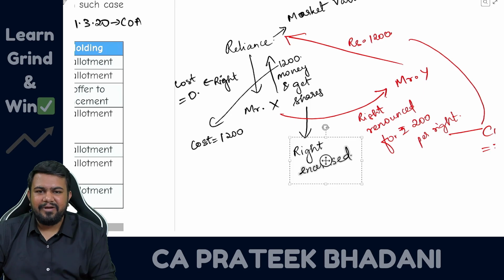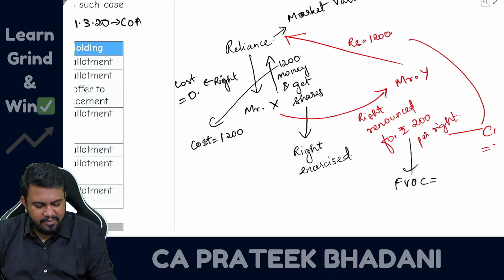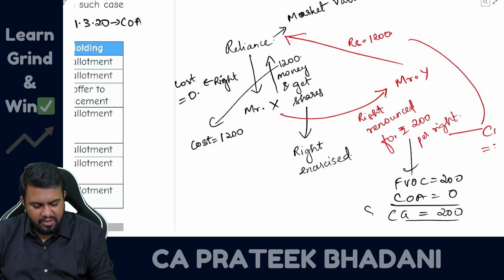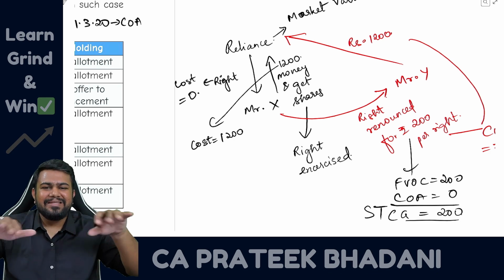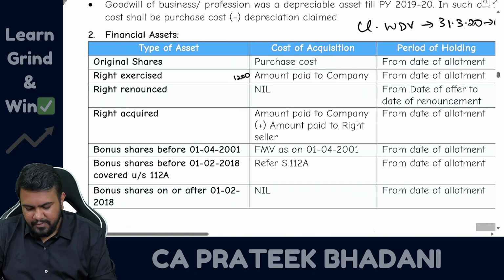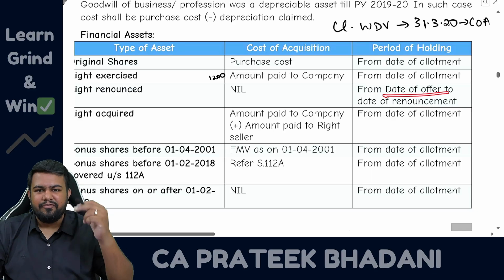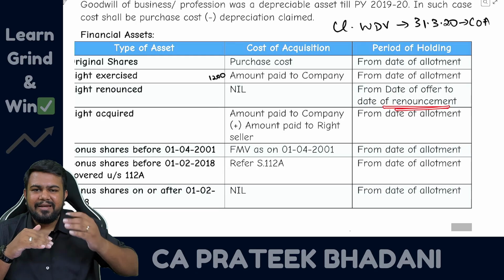Sir, what will be the full value of consideration? Full value of consideration will be 200 for this right renouncement. Cost of acquisition will be 0. So capital gain will be 200. And generally it is always short-term capital gain because only a few days are given by Reliance. So all this transaction happens within a span of 1 or 2 months itself. Okay. So the cost is 0, and the period of holding is from the date when Reliance gave the offer, till the date on which it was renounced